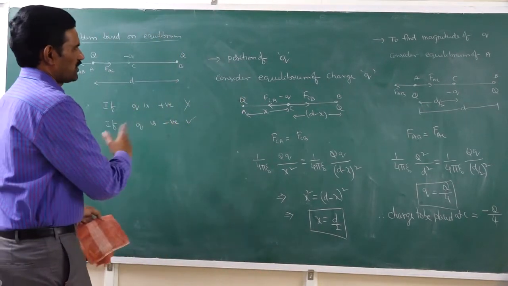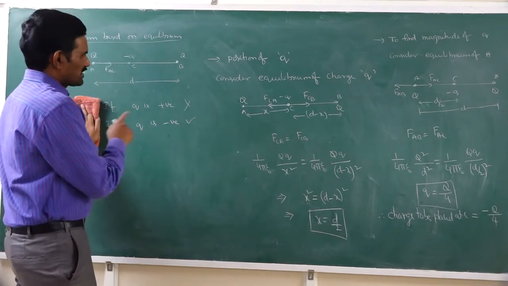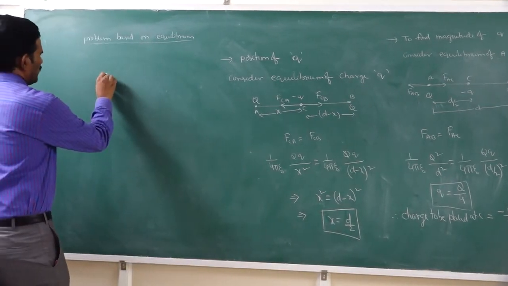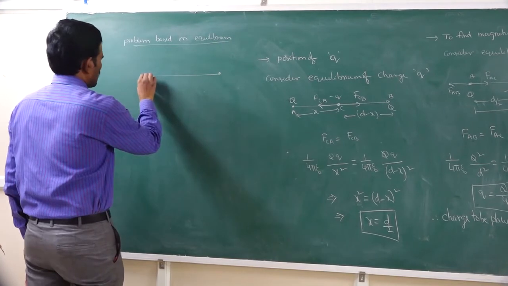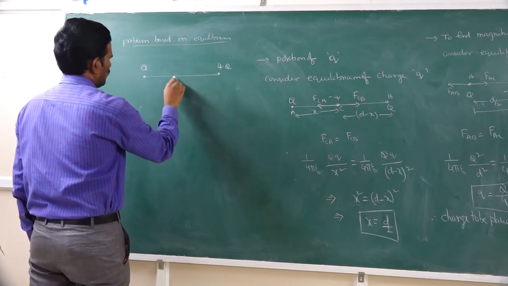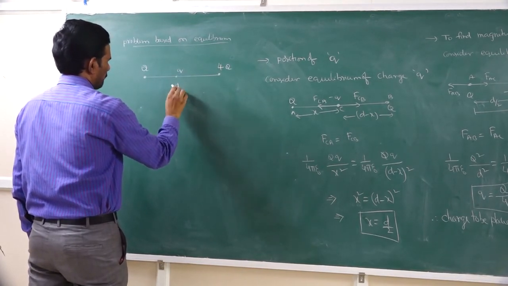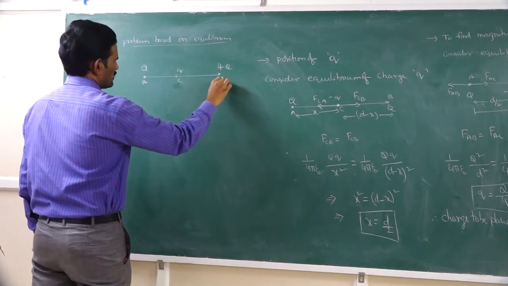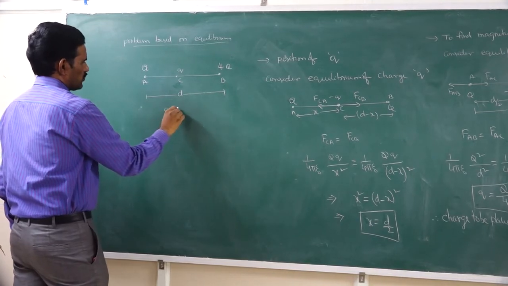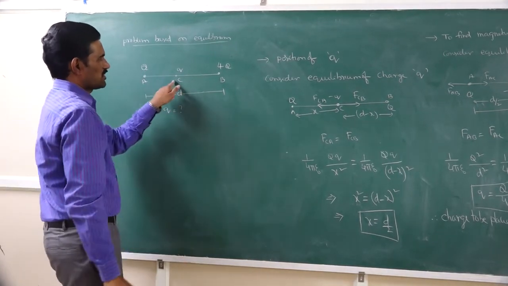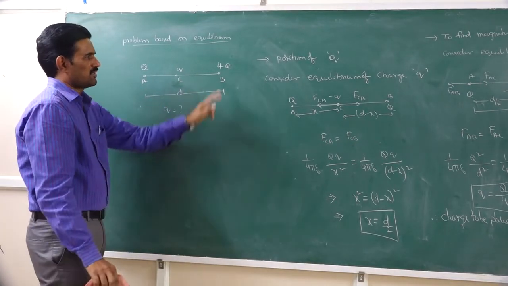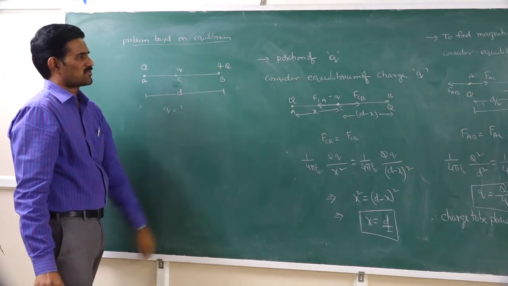So such a lot of configurations will be there, and we need to follow the similar procedure. Suppose you solve this problem yourself. I am taking these charges as q and 4q. That means a similar question. This is A, C, and this is B. The separation is d. We need to find this Q value here: how much charge should be placed at point C so that the entire system is in equilibrium. Total calculation is same except this charge I am simply taking as Q by 4.